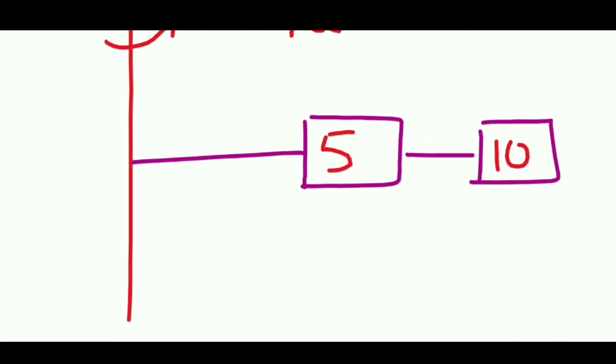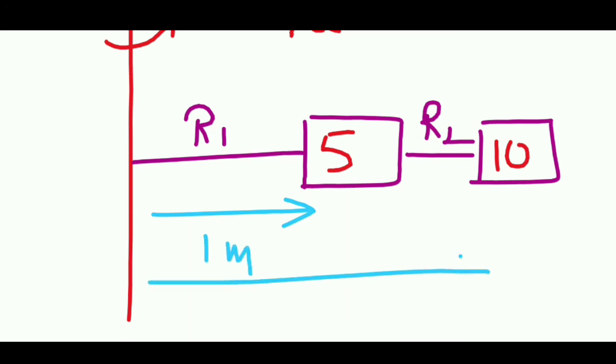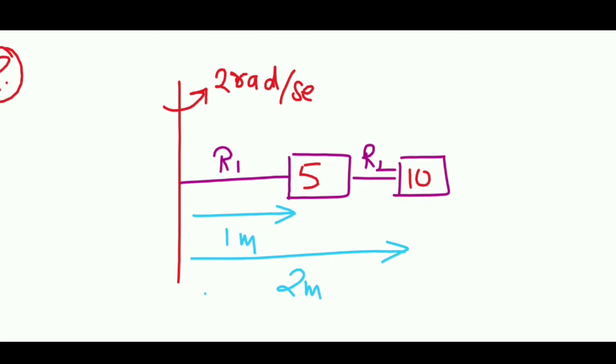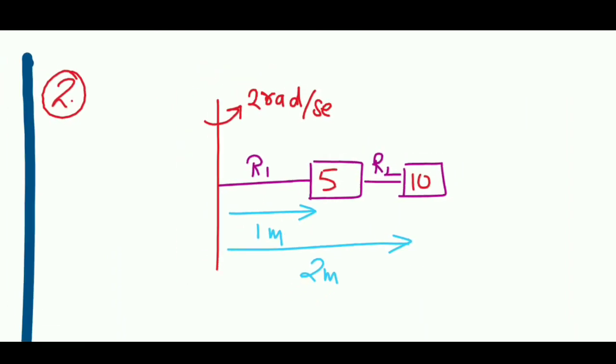This rope I am naming r1, and this rope I am naming r2. These are two different ropes, right? Length of the first rope, let us take it as 1 meter. Length of the second rope, let's take it as 2 meters. Same question over here as well: what are the tensions developed in the ropes? Now this question you can try yourself. One question I have done for you. So you can pause the video, try this question, and then continue with the video. Okay, so let's move on.